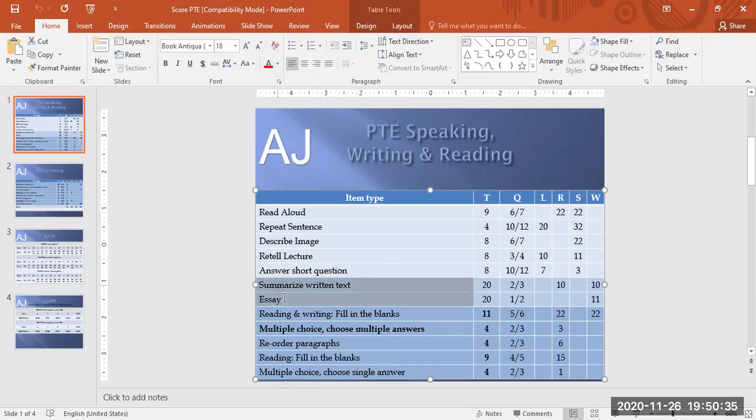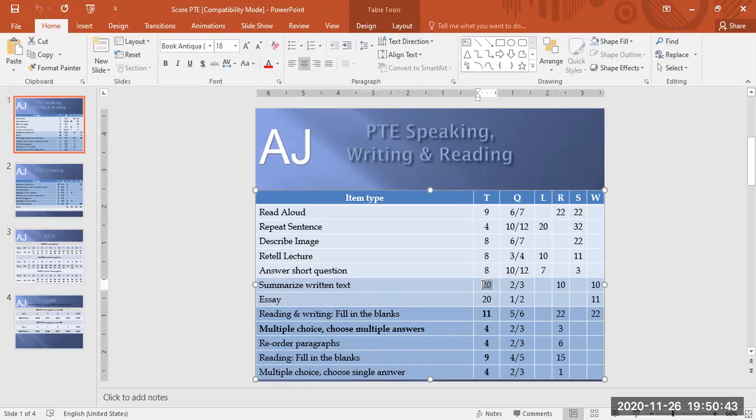Similarly, in the writing section, there are only two subsections, which are summarize written text and essay. Again, you get 20 minutes for two summarize written text questions, so 10 minutes each, and 20 minutes for each essay. So this is the marks that you get for each of those sections. So 10 and 10, 10 marks for reading and 10 marks for writing, is for the complete section of summarize written text. This is the same format in which you will get the sections in your actual test, same sequence,